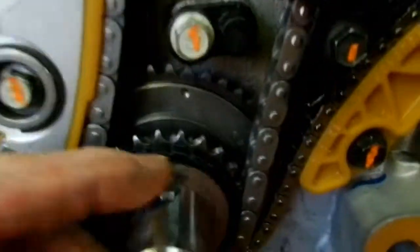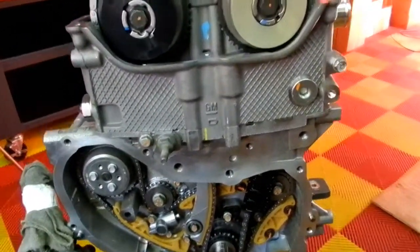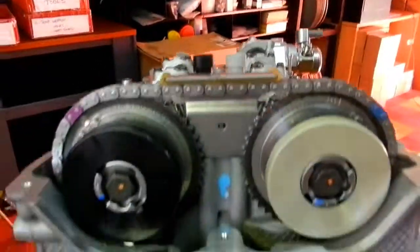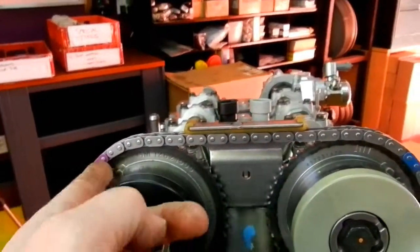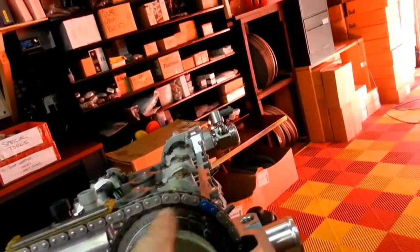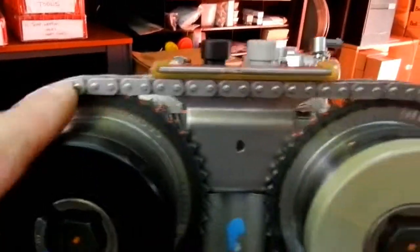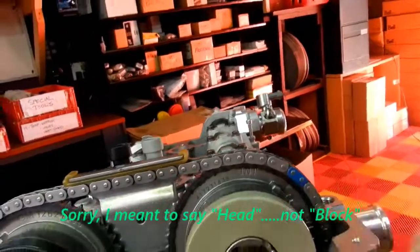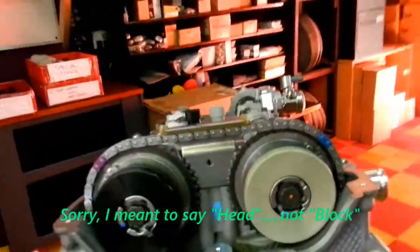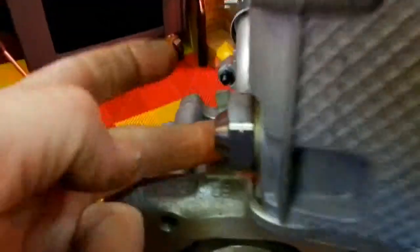This is the way it's supposed to look. If you're looking here, you'll see this keyway is at 12 o'clock, which means that number 1 is at TDC. Both of these guys are equal, this one's at, I don't know, 10:30, 11 o'clock. This one here is at 1:30, 2 o'clock. And that's the way it's supposed to look. If you do it by the book, this ends up over here, and this ends up a little this way, about here somewhere. And it just does not look right. So once you've got that in place, we put our